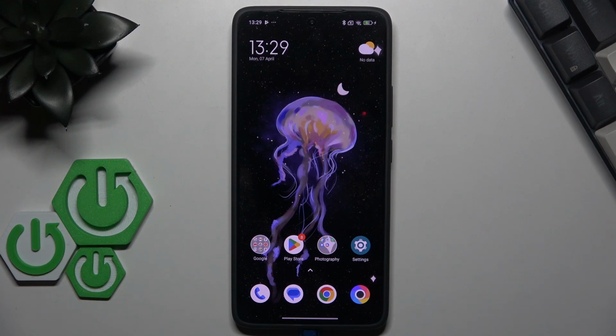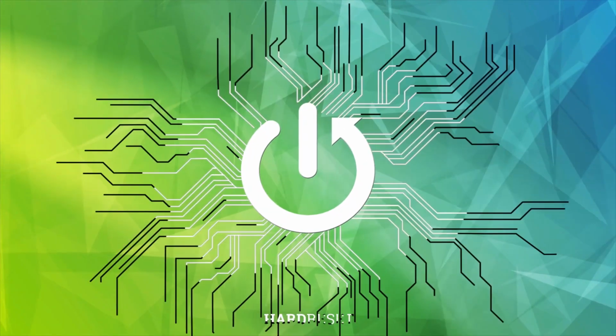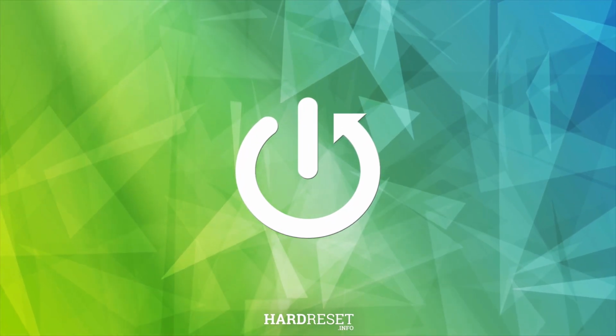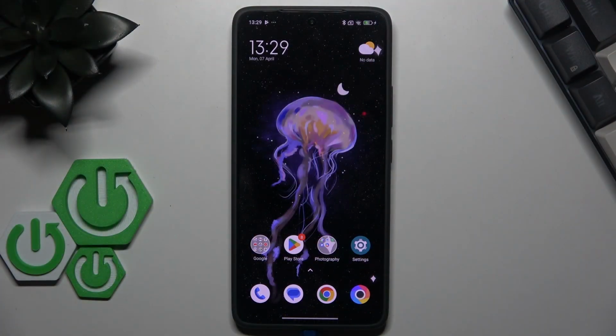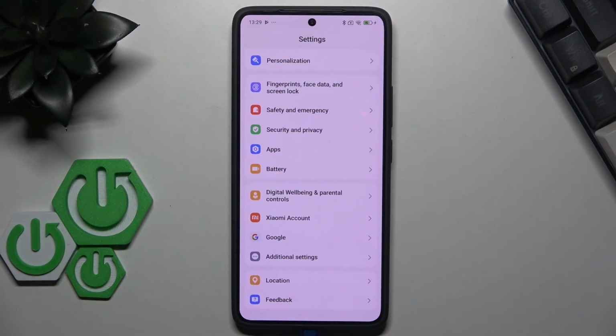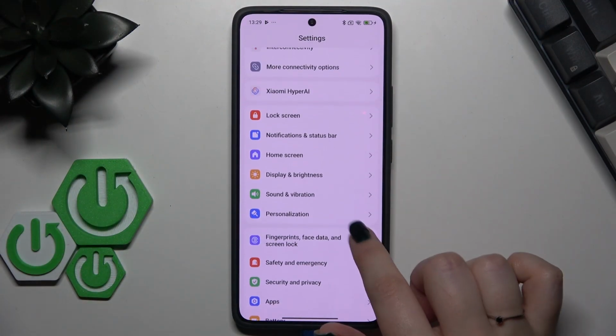Hi everyone, in front of me I've got POCO F7 Ultra, and let me share with you how to change the 3 buttons navigation into the gestures in this device. So obviously I've got the gestures currently applied, but let me simply show you where you can find the proper